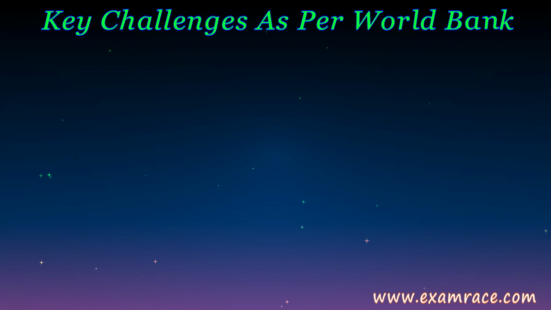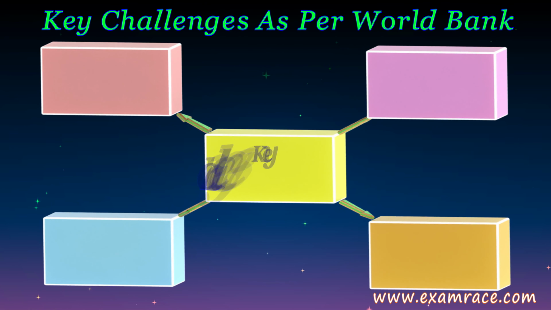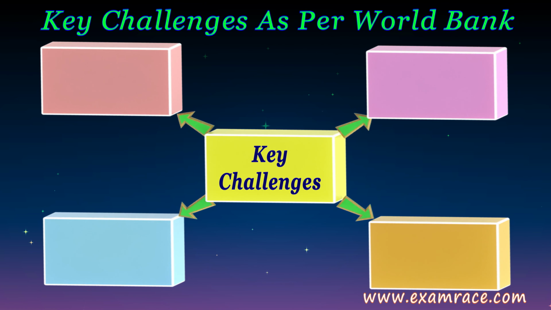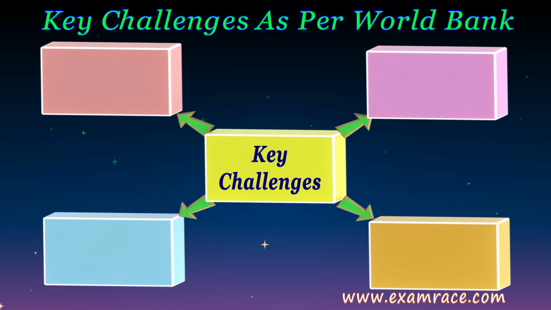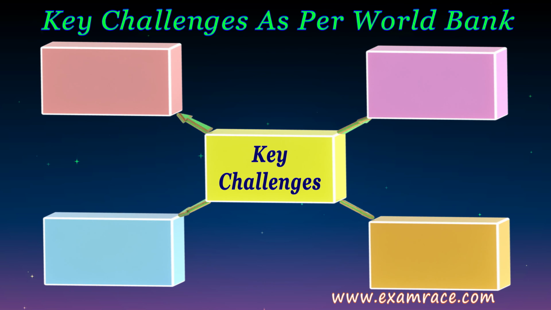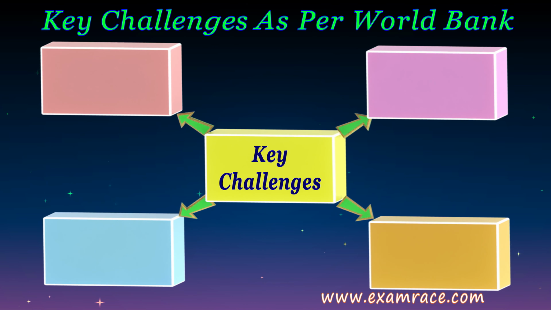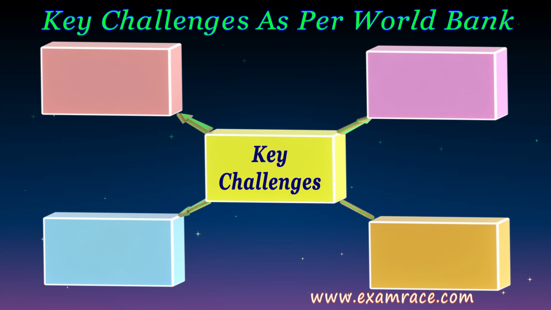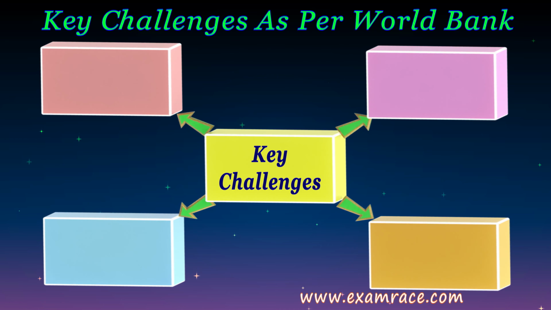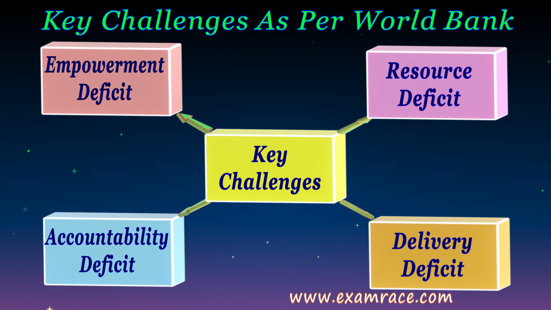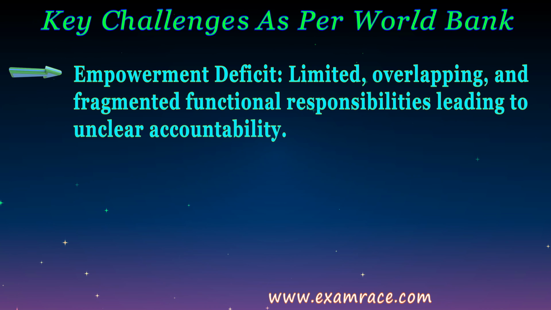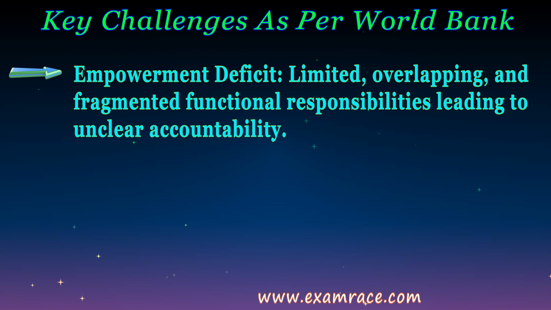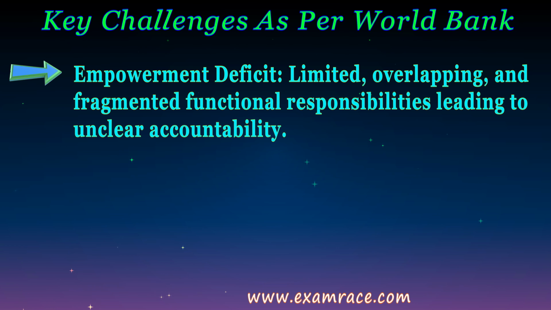The World Bank conducted a study and came up with 4 key challenges to urbanization in India. So, what are the 4 key challenges which are affecting growth in India, or why are policies failing to solve the problems of urbanization? The 4 key problems, or 4 deficits, found were empowerment deficit, resource deficit, accountability deficit, and delivery deficit. The empowerment deficit, in this, the problems were limited, overlapping and fragmented functional responsibilities of various departments, because